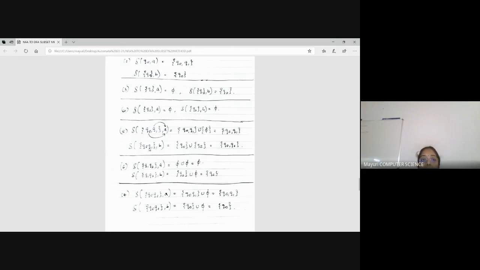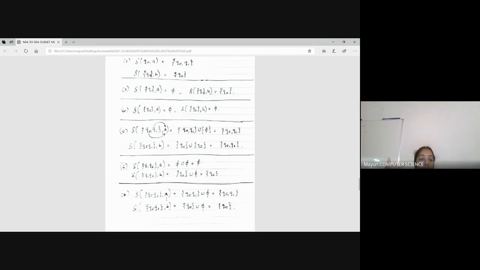The next one is Q0, Q1 on B. For Q0 on B, it goes to Q0. Q1 on B goes to Q2. If I combine them, it will go to Q0, Q2. See what the resultant state is: that resultant state should be one of the 8 states. If you get something new, then you are doing it wrong. That is not possible in a subset construction. Anyhow, you will get one of the states: Q0, Q1 or Q0, Q2.